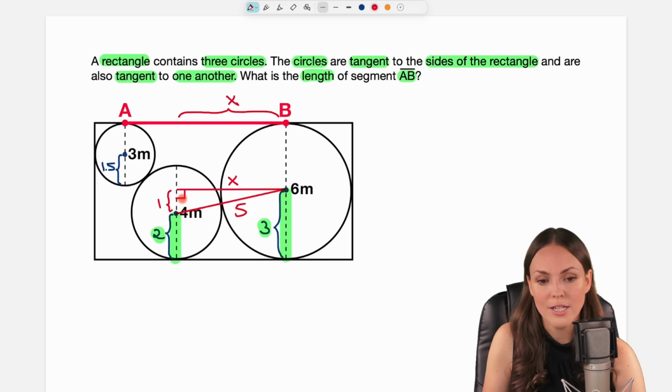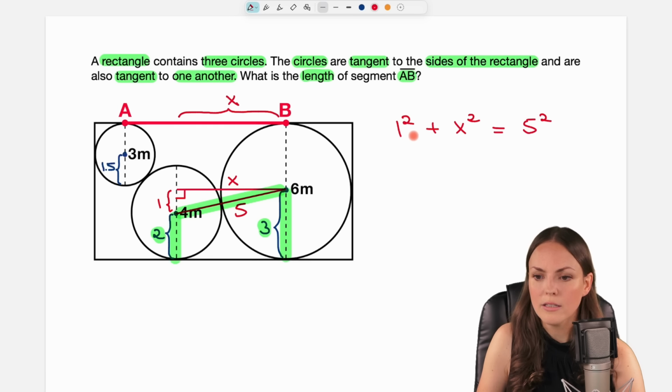And now, in our right triangle, we can use the Pythagorean theorem to find the length of x. For the Pythagorean theorem, we first need to know where our hypotenuse is. That is always the side that lies across the right angle, so this is our hypotenuse. And the Pythagorean theorem then says, take one side, the 1 in our case, and square it, plus take the other side and square it, so x squared, and this is equal to the hypotenuse squared, so 5 squared. Let's calculate. 1 squared is equal to 1. 5 squared is equal to